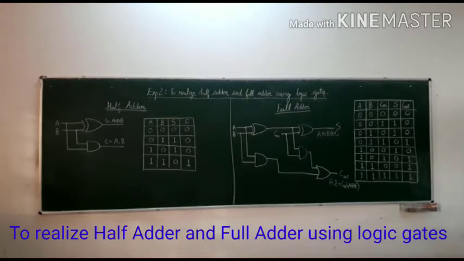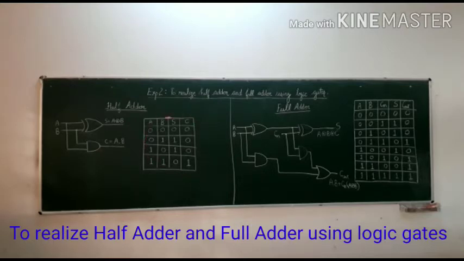So this is the circuit of half adder. For sum we will use A XOR B. This is the symbol of XOR, as we did in the previous experiments in which we studied the truth tables of all logical gates. And this is the carry, and it will use the AND operation. For sum we will use the equation S equal to A XOR B, and for carry we will have C equal to A and B.